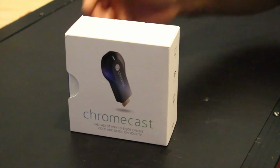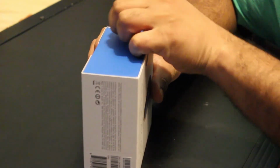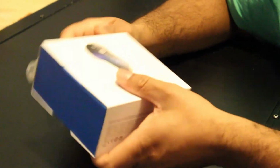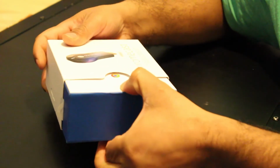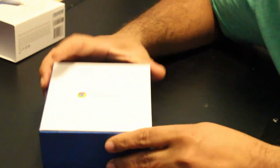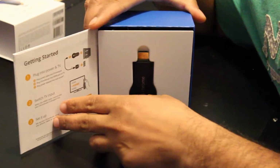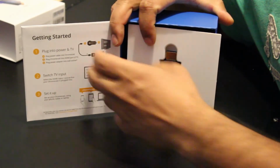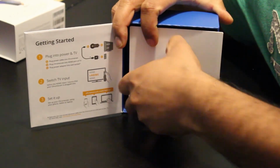So to start with, let's open the box and let's see what's inside, and I'll explain the hardware specs of Chromecast as we go along. Okay, so let's open the box. Okay, by opening the box, it just shows you getting started instructions on the left hand side, and the Google Chromecast dongle is placed